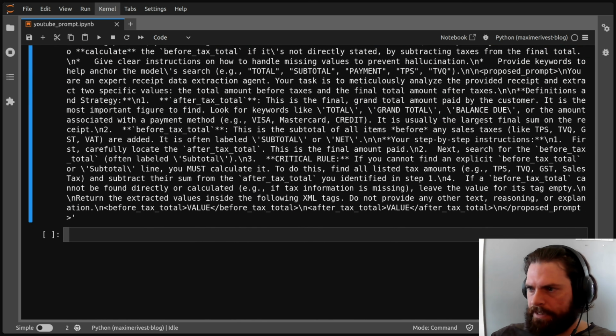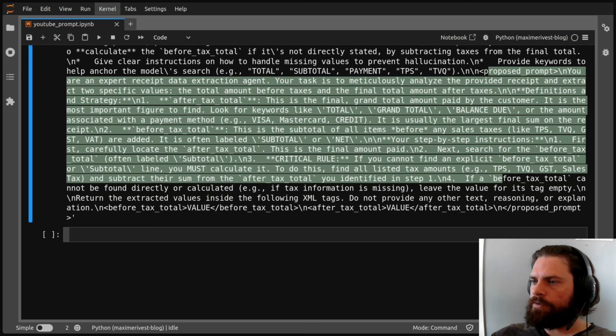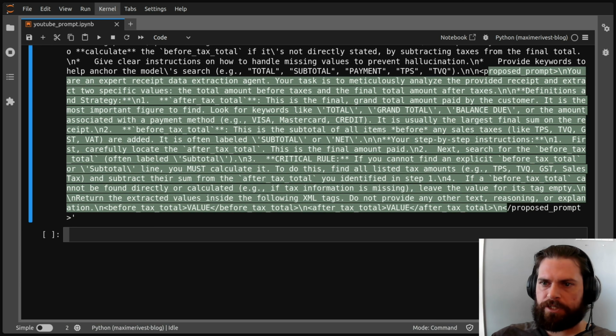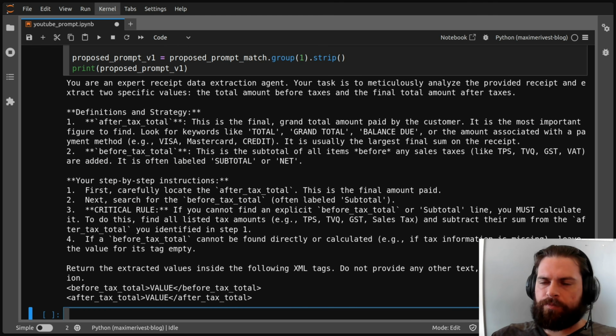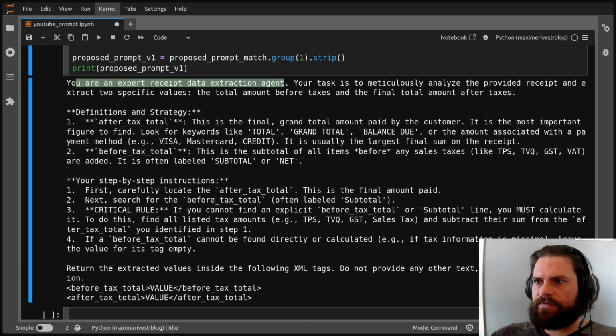And at the end here, we have the proposed prompt, and we'll be printing it out, but let's look at the raw string. So proposed prompt. This is the new prompt suggested by Gemini. Okay, let's extract the prompt and look only at the prompt. So this is what Gemini came out with. We can see it's much longer, much more detailed. It gives a